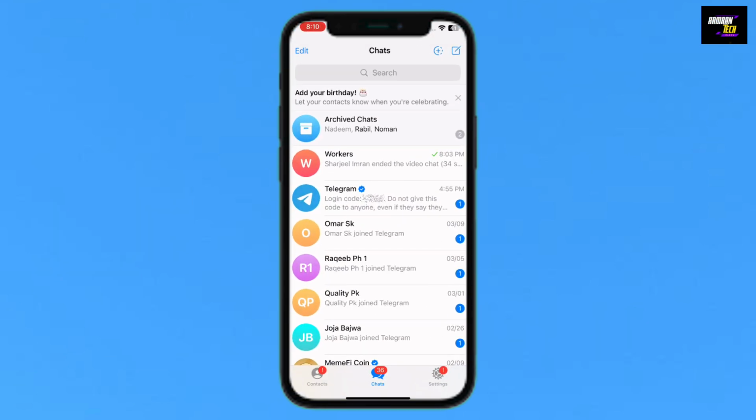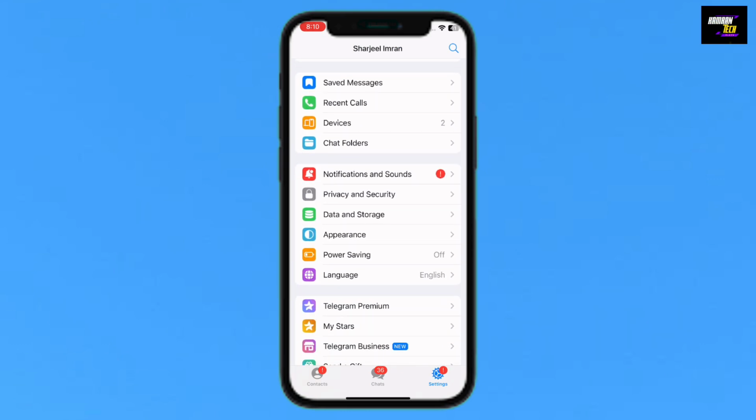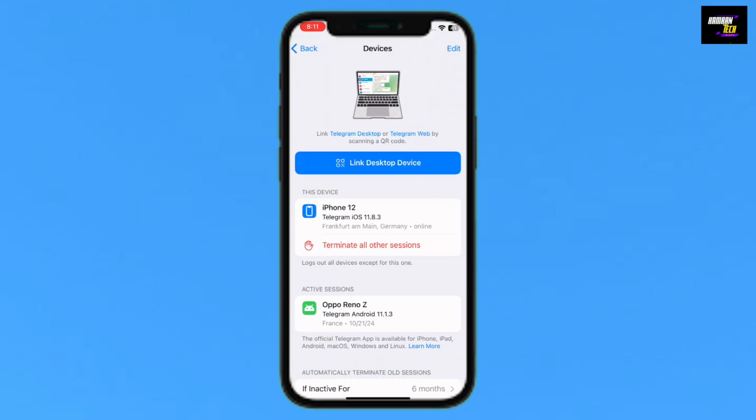So simply tap on the Telegram application and move to the bottom right corner, where the option is Settings. There you will find the option Devices. Simply tap on this yellow icon, and here you will see the option Link Desktop Device. So you can link Telegram Desktop or Telegram Web by scanning a QR